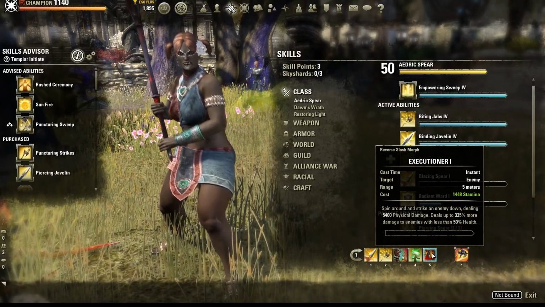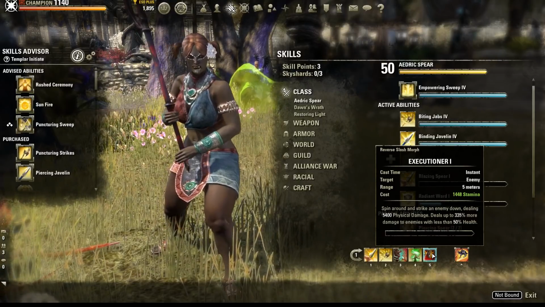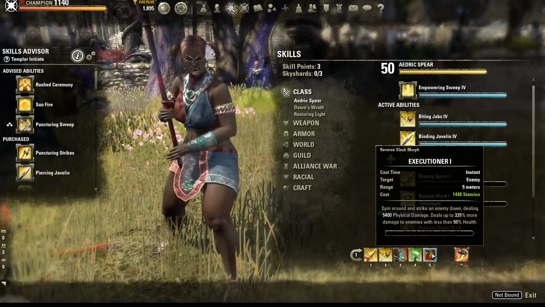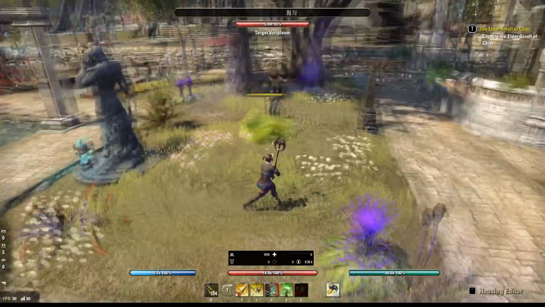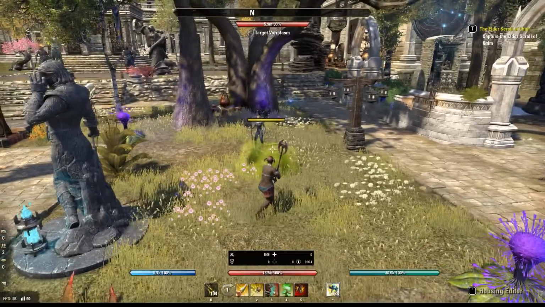I do not have the final rank of it because it scales up in damage the higher the rank is, so basically you need to add a little bit. This one is the Execute. We're going to start using this after like 27-26%, and then the rotation changes a little bit because you just